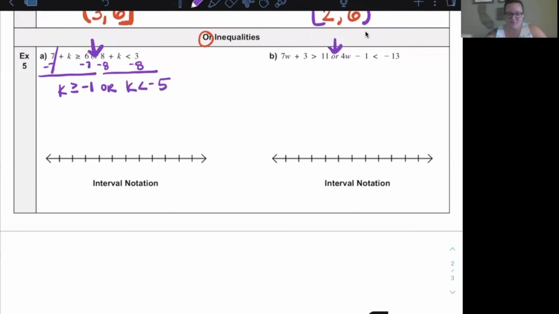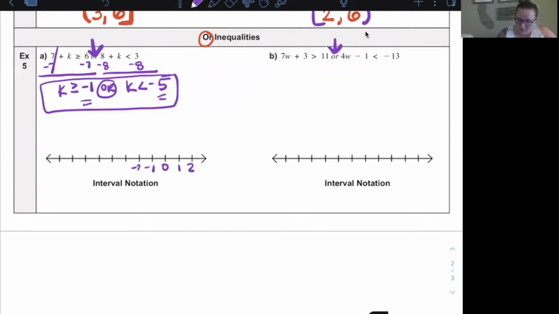Well, can a number be bigger than -1 and less than -5 at the same time? It can't, which is why we have to have the word "or" in between. So a number is either greater than -1 or less than -5, but both can't be true at the same time. So on an or graph,